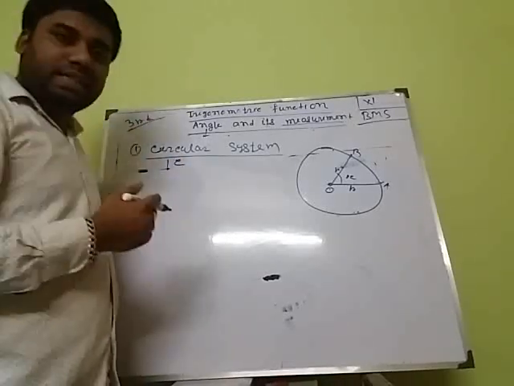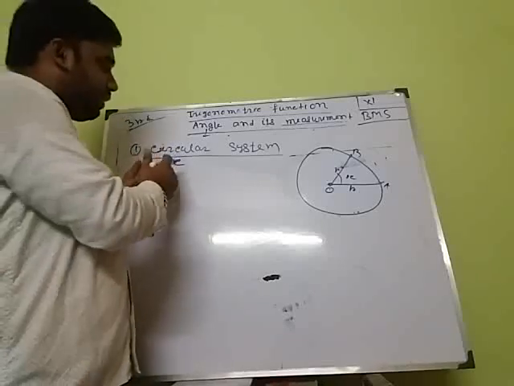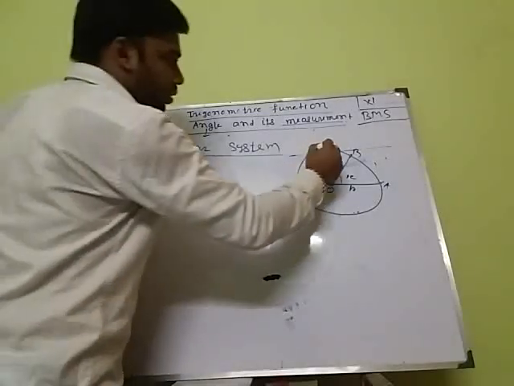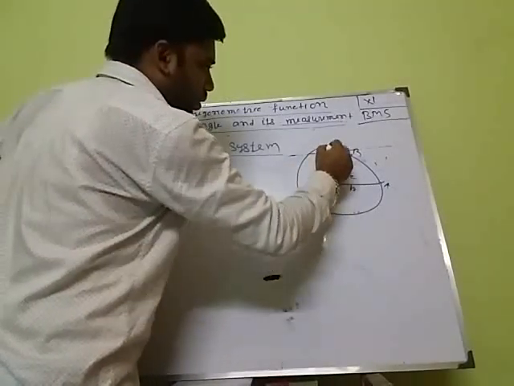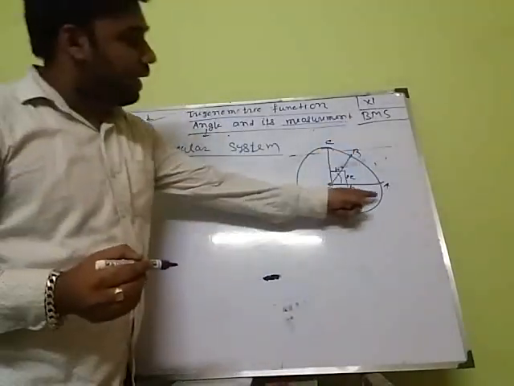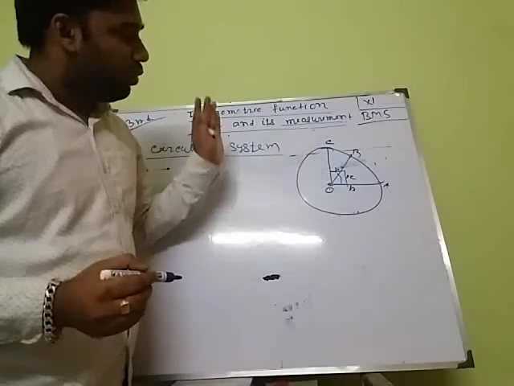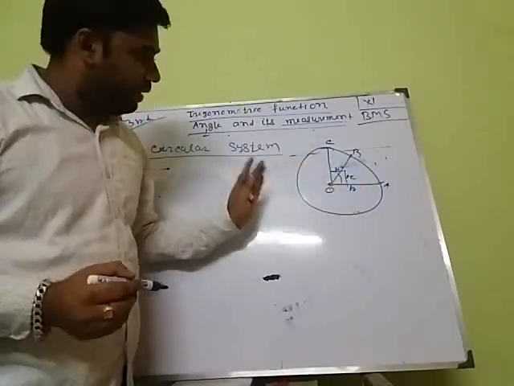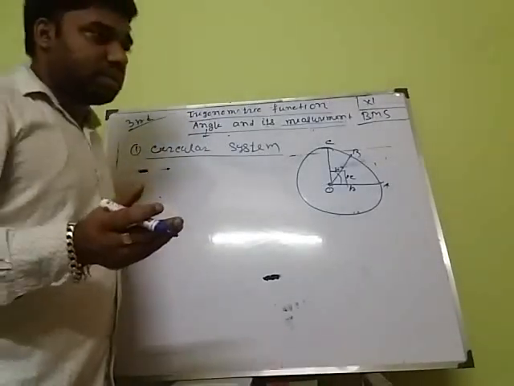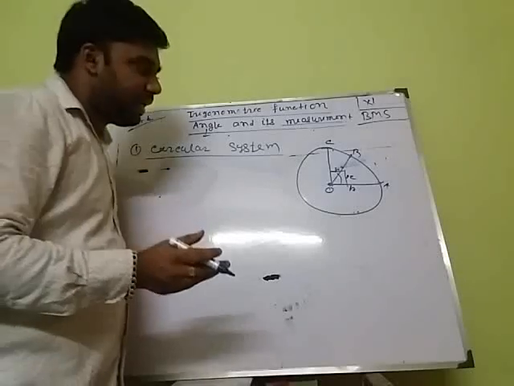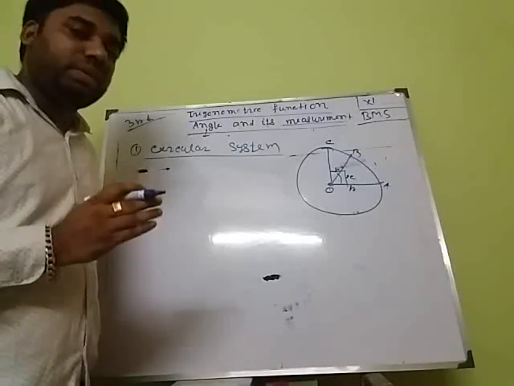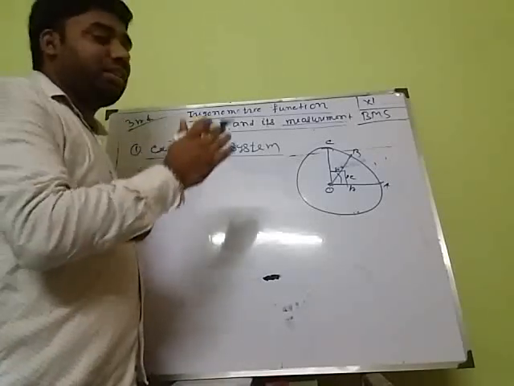We have the degree system. Now we connect that radian to degree. I draw another angle, that is AOC. We know that angle AOC is 90 degrees. In class 9 or class 8, we learned that the angle subtended by an arc is directly proportional to the length of the arc.